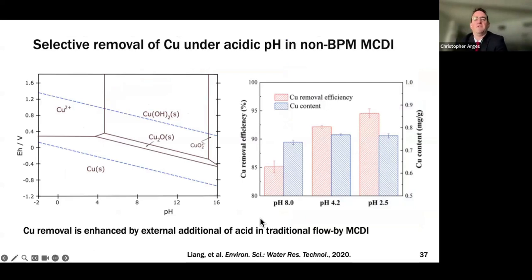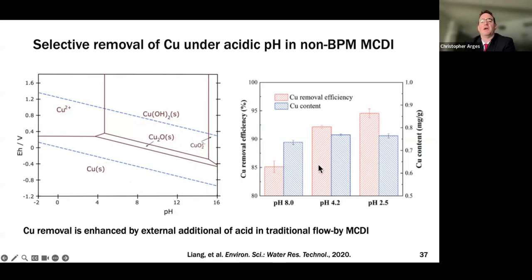And then our first demonstration for this, we wanted to do something pretty easy. Could we take copper out of a model wastewater solution? So we just have copper chloride and sodium chloride, but a much smaller amount of copper chloride versus sodium chloride, a 4-to-1 ratio. And we know, right, if the solution's alkaline, those copper ions, if you reduce them, are going to make copper oxide. This is a passivating material. This will prevent current flowing through that electrode. But if you keep the solution acidic, you should plate metallic copper.